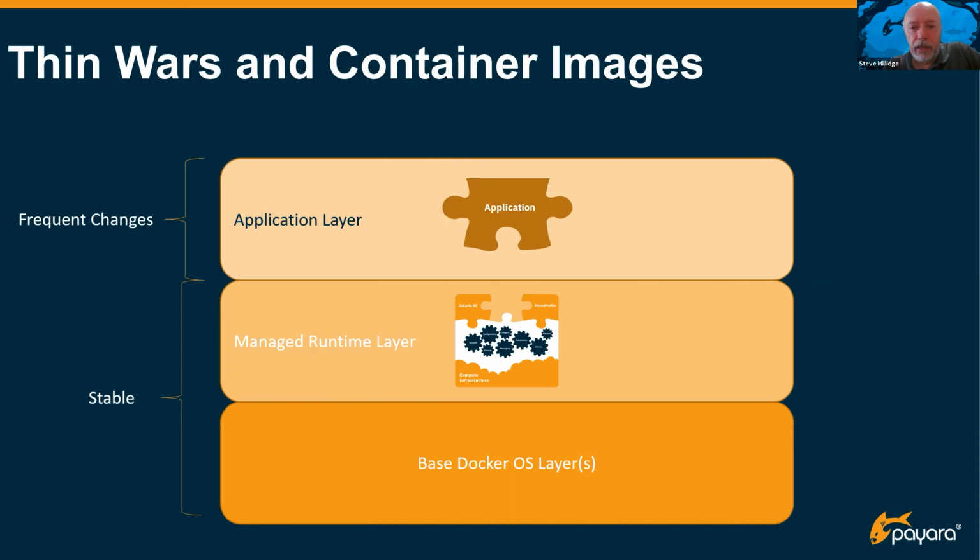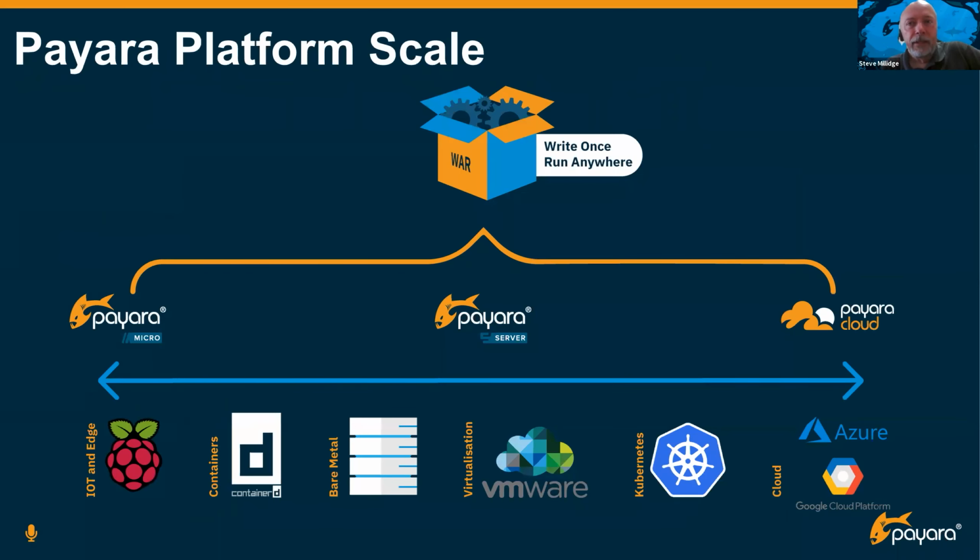Another advantage is really looking at how you run your application. If you split your application away from your actual application runtime, your Jakarta EE server, then for Payara as a company, our job is to be able to take that application and run it on lots and lots of different infrastructure for you. So you don't have to assemble something specific to run on Azure or something specific to run on Kubernetes. We should be able to take your WAR file written to Jakarta EE standards and deploy it